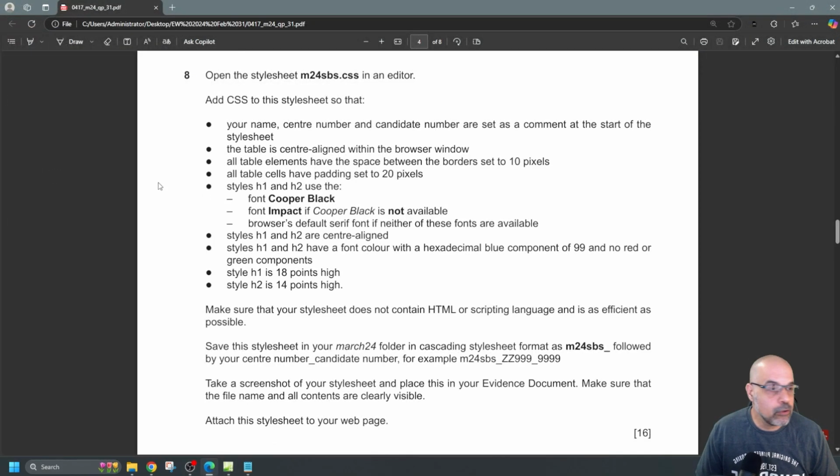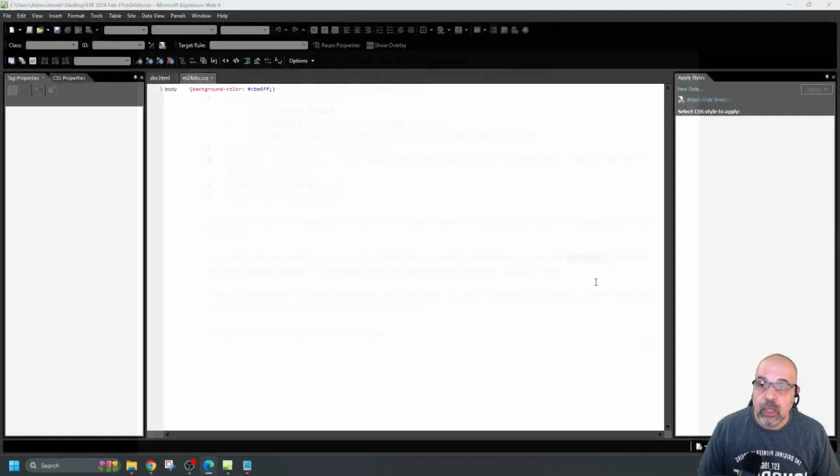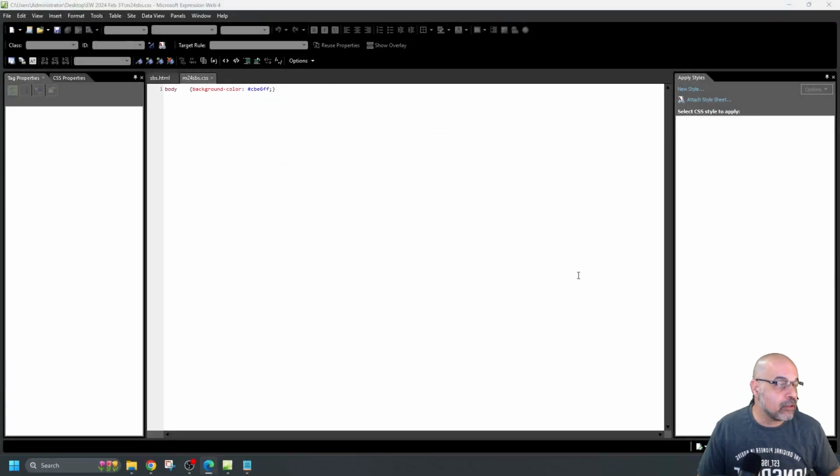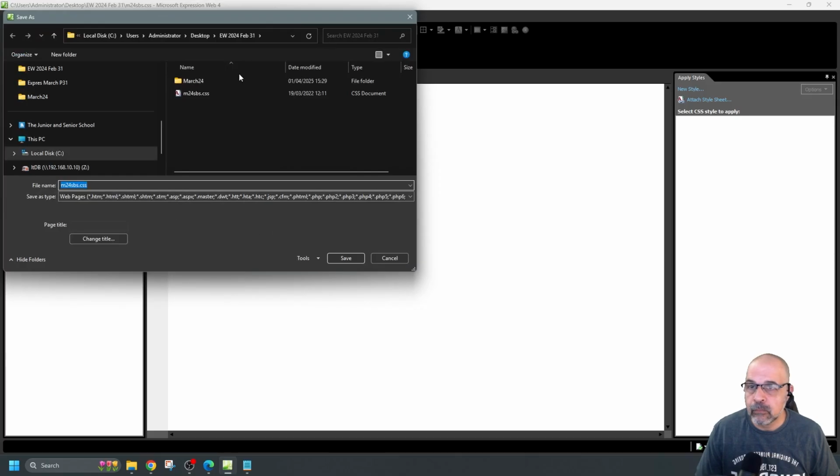Now, what I'm going to do next is this. I'm just going to jump over here. Make sure that you start. So this is going to be the name of the file down here, M24 SBS underscore followed by your center number and candidate number. And put this in your March 24 folder. I'm going to do that now because I want to attach it and preview it before I finish so I can see what I'm doing and make sure everything's working. So from here, I'm just going to go to File, Save As. Go inside my March 24 folder, and we're going to save this as M24 SBS